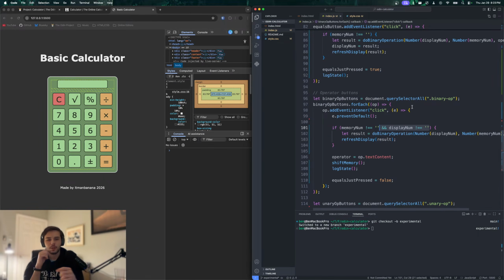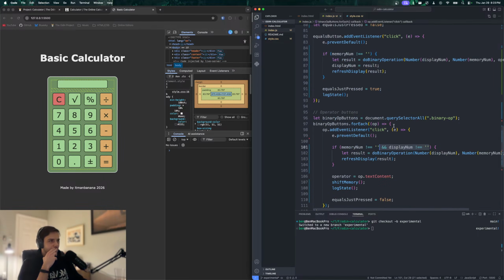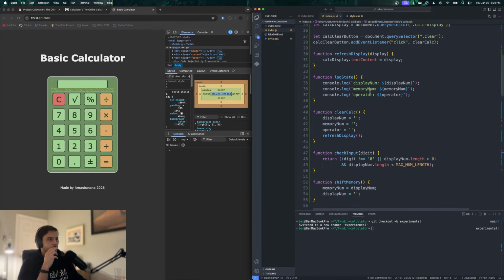Oh, yeah, that's true. I think I just named it differently, because this is more just a refresh. It's not actually updating the global state. It's just refreshing the display text. Right. So anyway, what I was doing yesterday